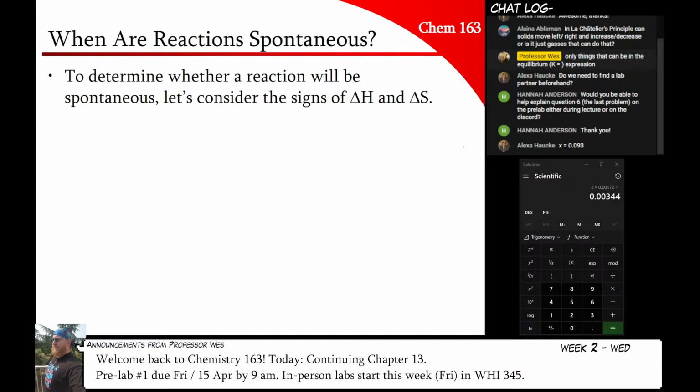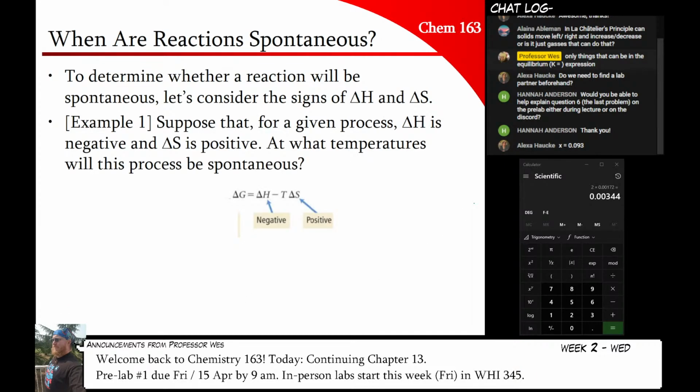So what we're going to do is look at delta H and delta S, and we're going to look at their signs, because the signs will affect the results of our expression. If I have a delta H and a delta S, and one of them is negative, I'm going to get a temperature that is negative. And remember that this is going to be in Kelvin. If you get a negative temperature in Kelvin, that's going to mean something interesting, right? So the signs are going to matter for our discussion here. So we need to consider them. So let's look at this first situation.